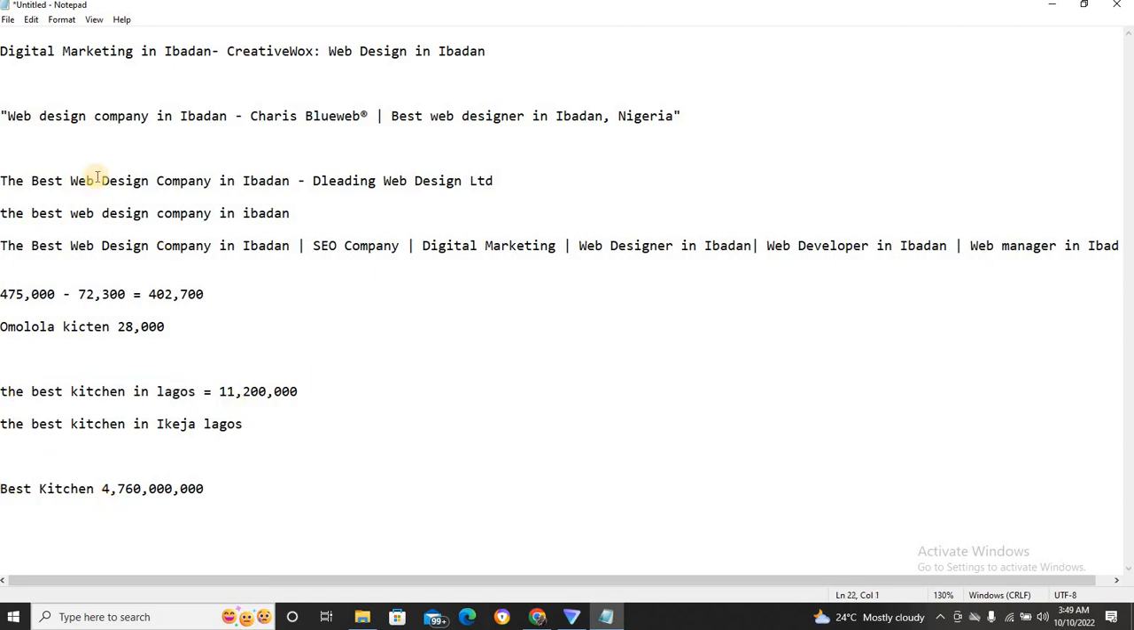Now what I do is that I combine both the easy keyword and the long tail keyword. Look at what I do. The best web design company in Ibadan, long tail keyword; easy keyword, Dleading web design, this is a business name. Hope you get it like that. So these two together, if you notice this guy uses this particular stuff. I use the same thing here, and I copy it, and I've shown you how to get it. Just click on the person's business name and click on the spec, you will see it. So I copy it,